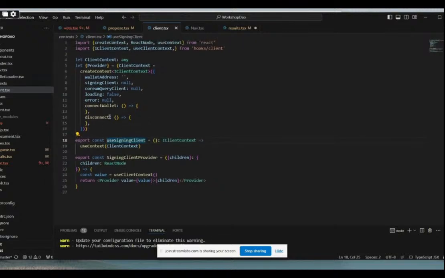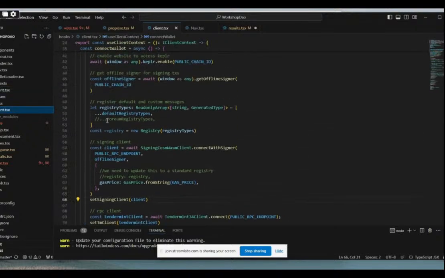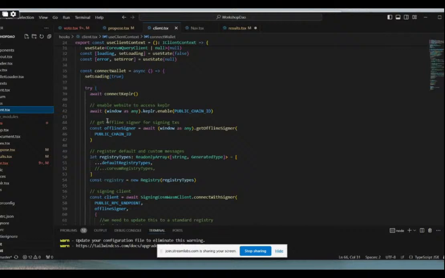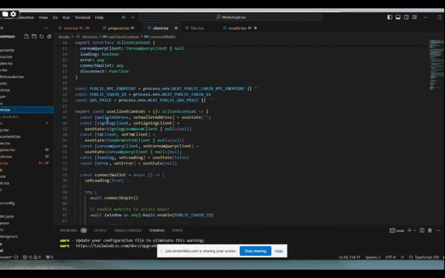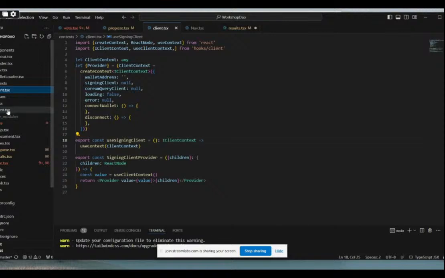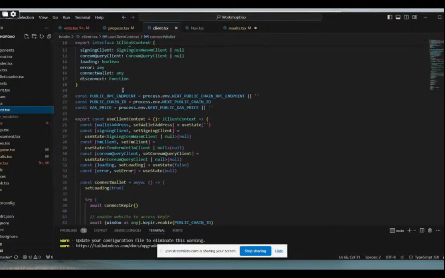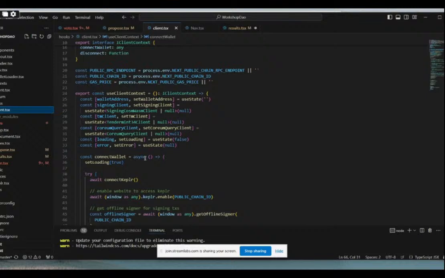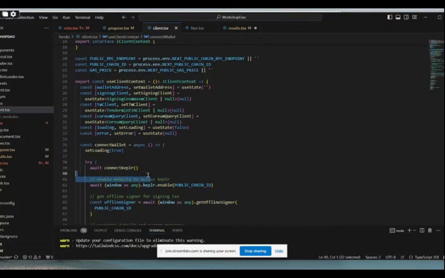Okay, so let's go into the hook section. And this is really where the meat of all these definitions comes from that I showed you earlier. The first thing you'll see here is the interface that we established in this other context client script right there. We have this interface set up, and that's how we're going to define all of our stuff. And we basically have this giant